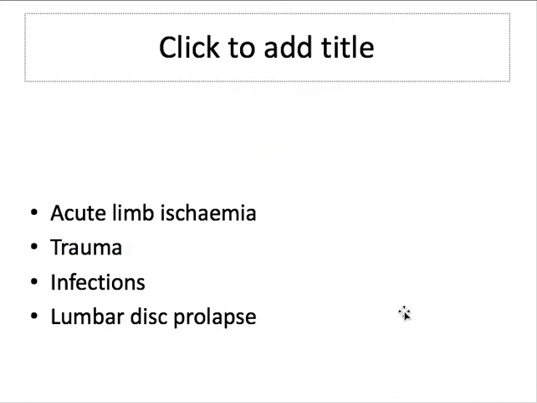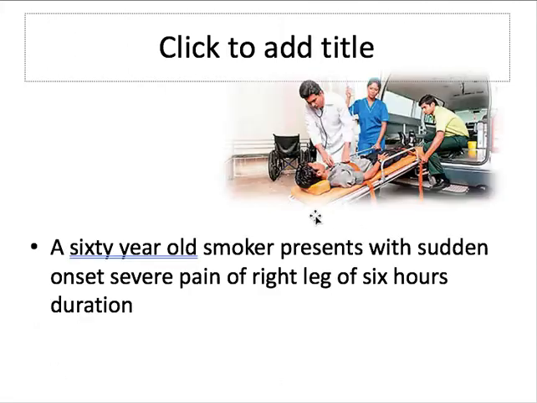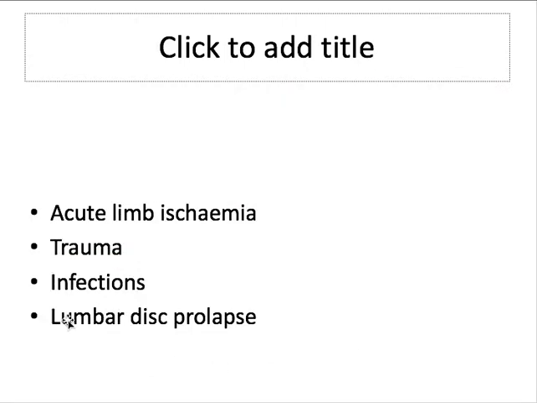So these are some few causes for acute limb pain with a very short duration. The first thing we have to think of and exclude is acute limb ischemia. Trauma is a cause of acute pain, but of course it will be obvious in the history. Or it may be an infection. Sometimes with infection they can have severe pain, especially deep infections like osteomyelitis, or a deep infection within the deep fascia like some form of myositis.